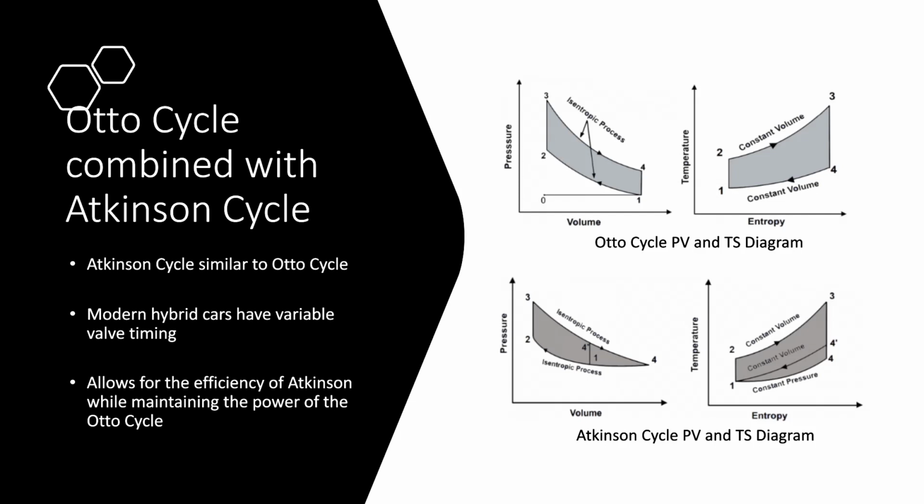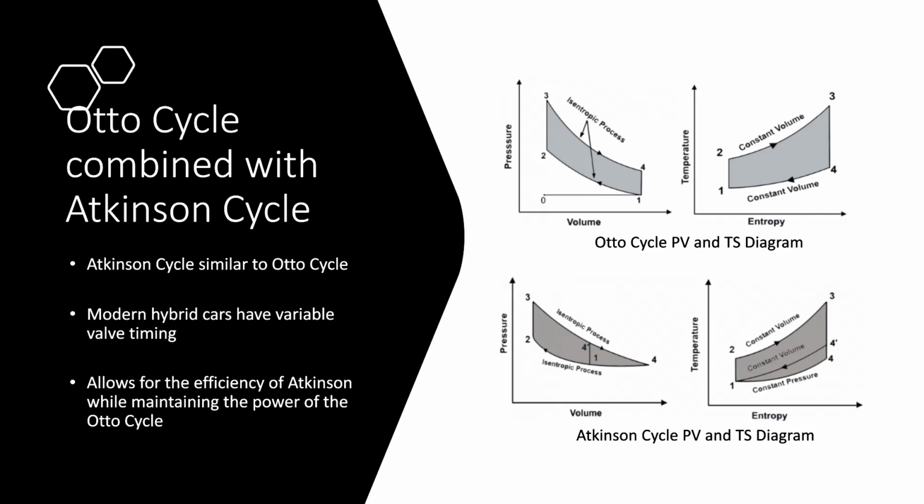During this, the expansion stroke is lengthened first by opening the inlet valve during the expansion stroke, allowing for a relatively smaller compression ratio or lower maximum volume than the regular Otto cycle, but the